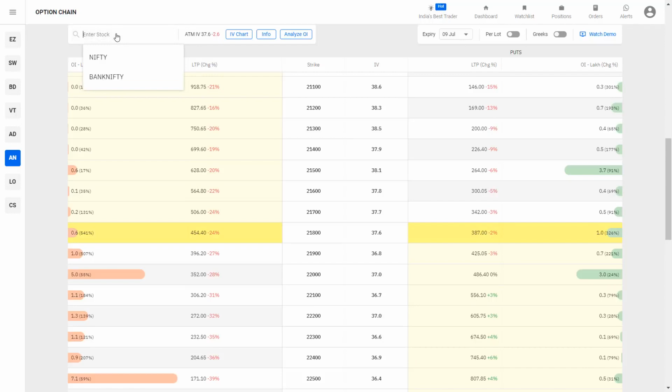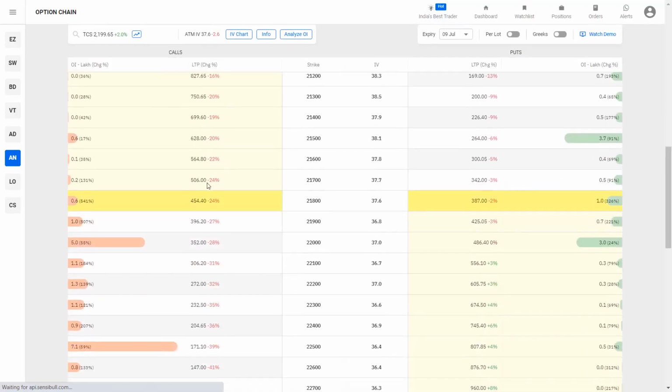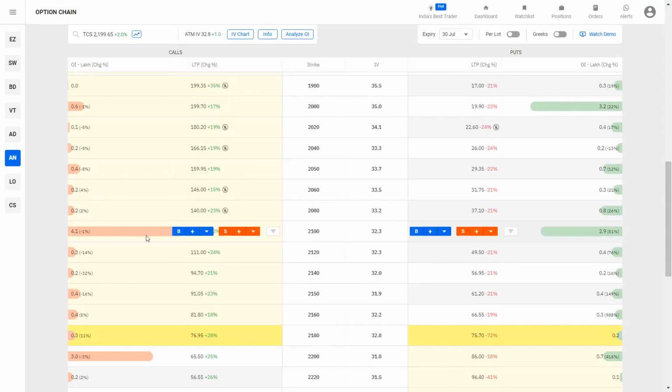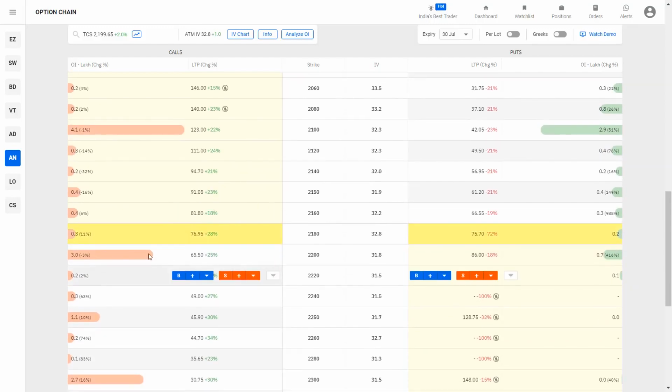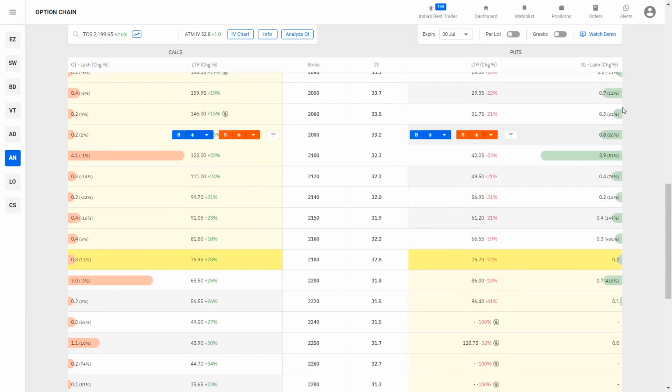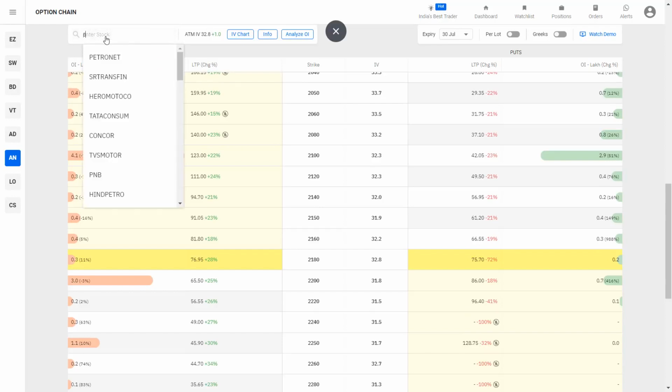Now let's look at another stock which is doing the rounds. Let's say Tata Steel or TCS, right? Look at TCS. In TCS you can see some kind of open interest. There are 4 lakh contracts here, there are 2 lakh contracts here. So it's going to struggle to cross 2100 probably, maybe, but it did cross. So now the next resistance is 2200. But as you can see, these OIs are not as significant as Nifty and Bank Nifty.